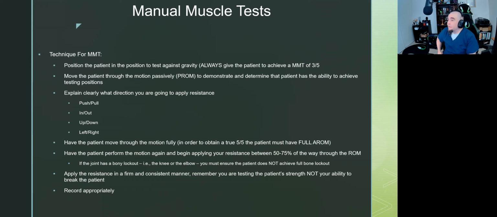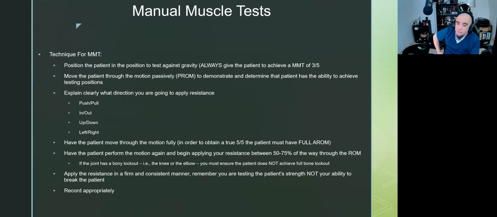If you say, I want you to flex your bicep and move your elbow through elbow flexion while I'm attempting to force your elbow into elbow extension, what? They lost you at force, right? So you have to almost dumb it down to very simple terms, saying push and pull, in and out, left and right, up and down, right? Shoulder. I want you to move your shoulder up as far as you can go, and I'm going to be pushing you down. Don't let me push you down. So all of those are important to get a basic